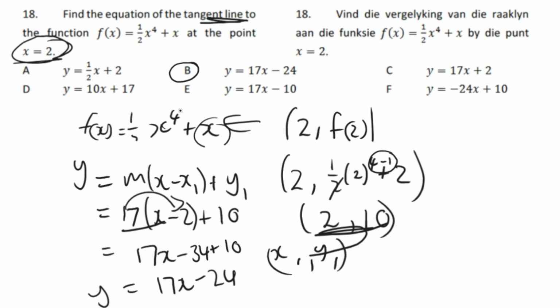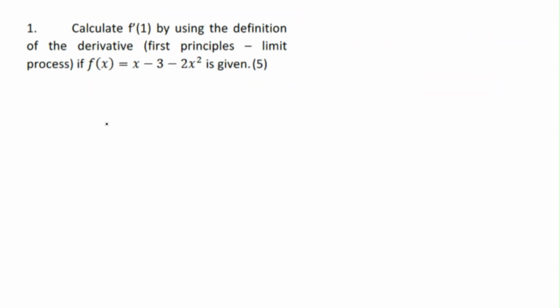Let's look at the next one. The next one here is question 1 of section B. Now we are at section B. Calculate the first derivative, the gradient when x value is 1, by using the definition of the derivative, the first principles limit process, if f of x is given by this here. That will give you 5 marks. So you want the first derivative of x, which equals the limit as h goes to 0